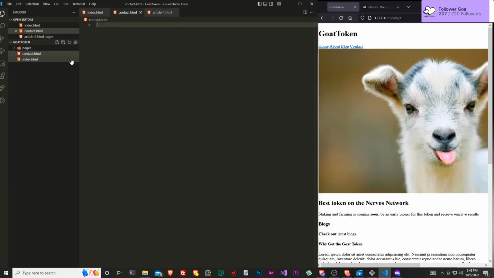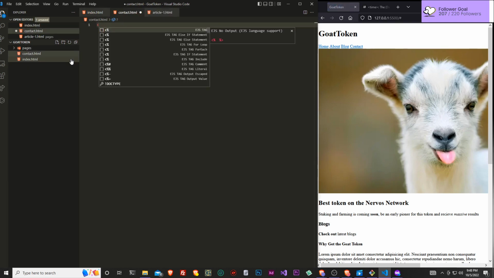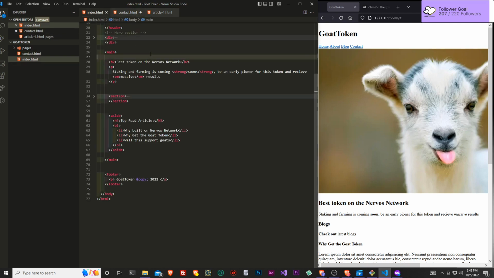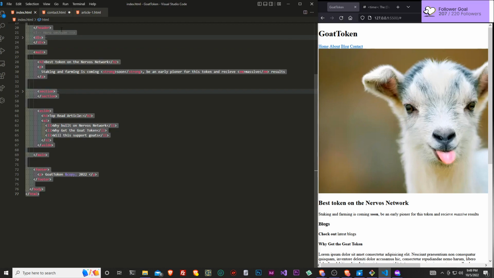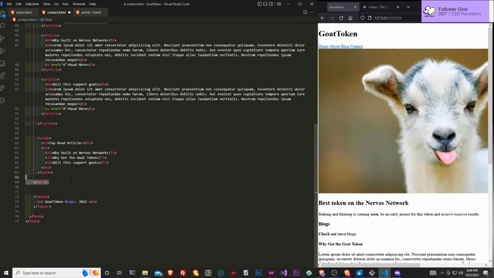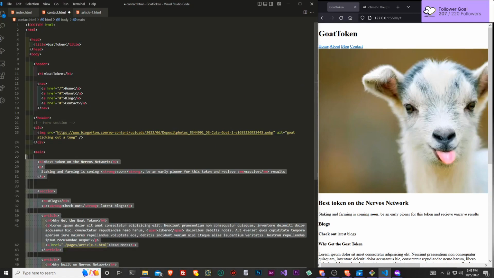There's going to be a contact.html, and inside of our contact.html, let's just copy everything that we have on this index. Okay, paste it in here. We're gonna delete everything inside of the main.